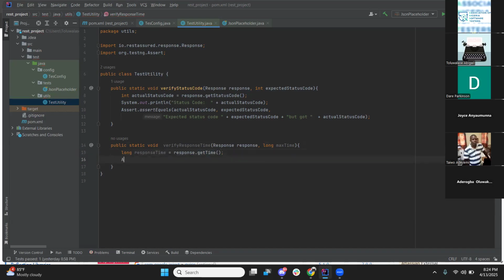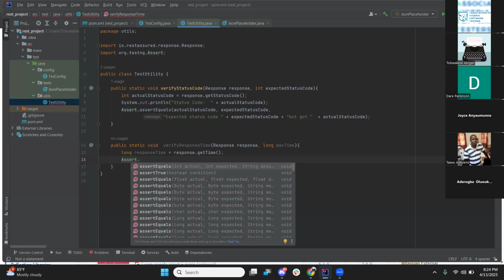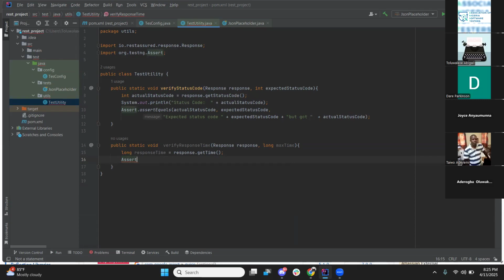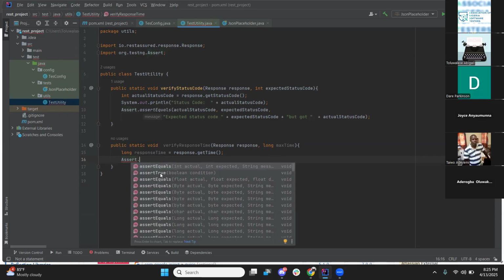So after that, we go to the assert, which is also from TestNG. So with assert here, I'm going to assert: is the time true? Is it true that the time is similar to the max time and the response time? So yeah, it's a Boolean. I want to confirm: is it true or false? So that if it's true, it passes, and if it's false, it fails. So yeah, I'm going to say assert true